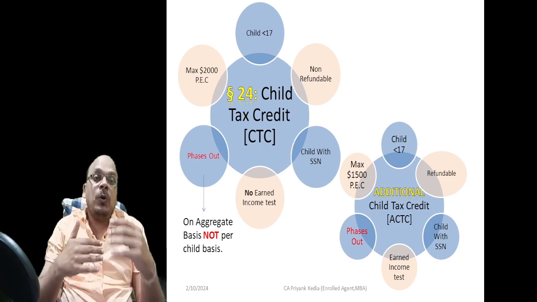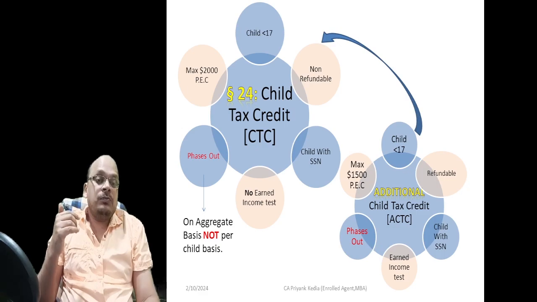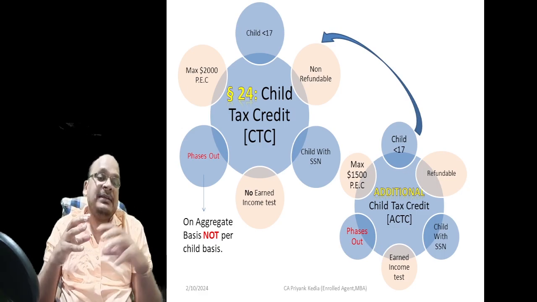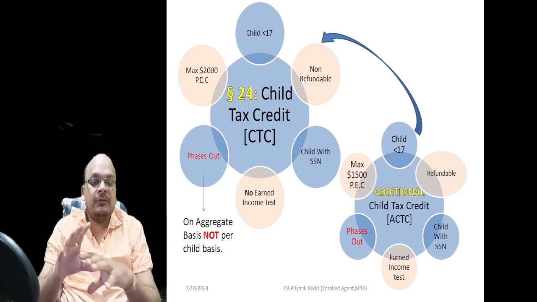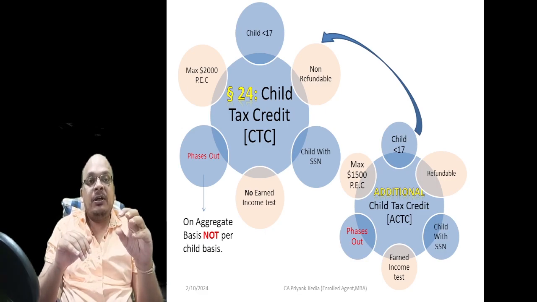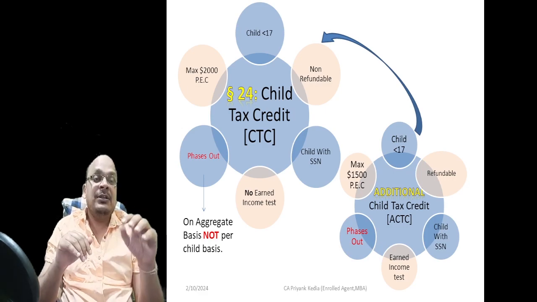In the coming slides, we'll also talk about the calculation aspects of these two, right? Now, we have to understand one thing, that the whole amount of child tax credit is not allowed as a refund. The child tax credit has another condition, another limiting factor attached to it. That is,